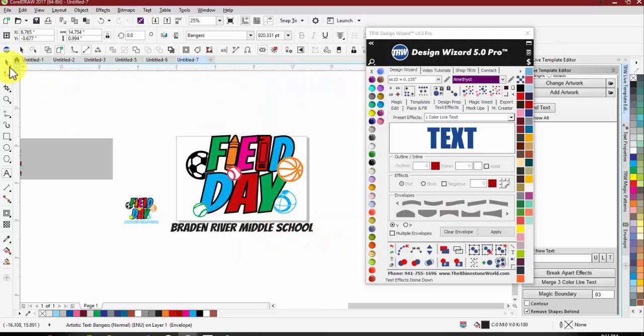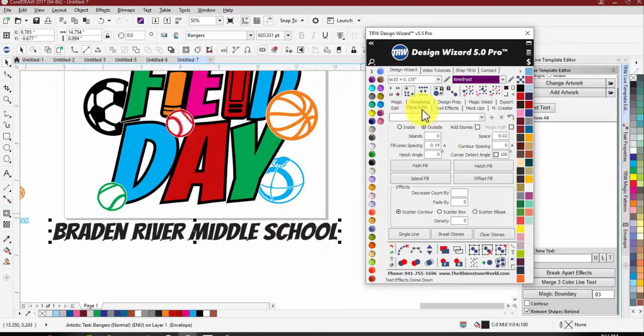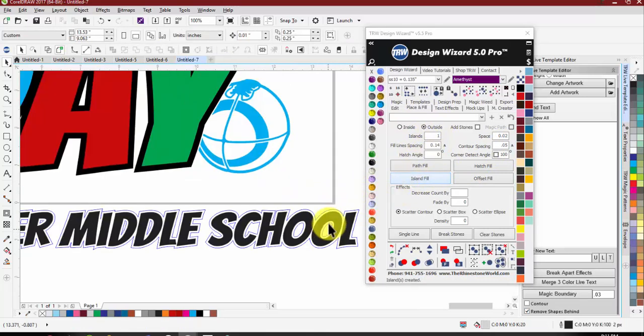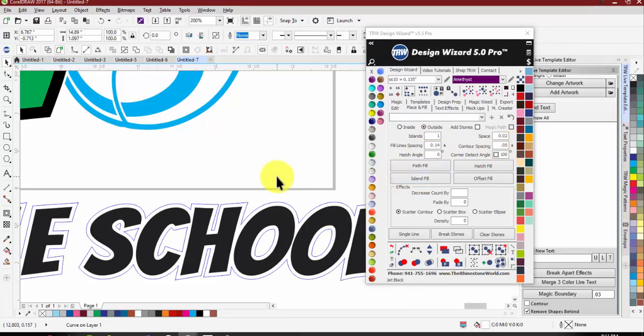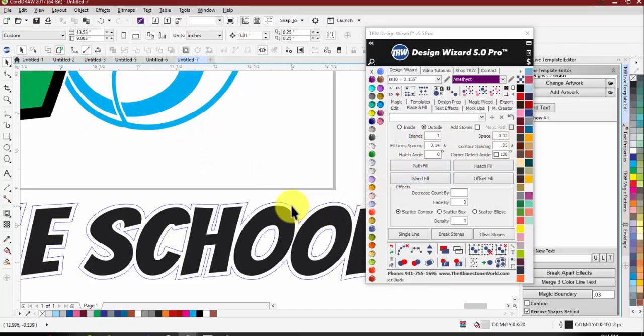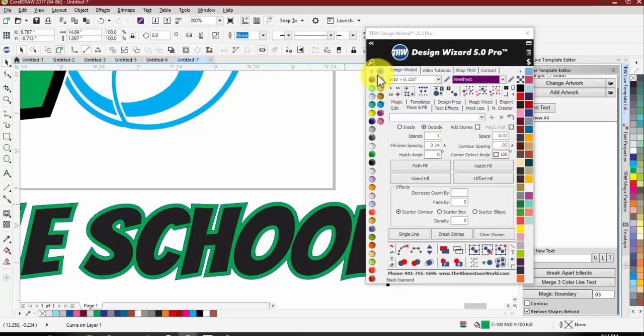And then if I need to, can add a little boundary here as well, just to kind of give it that two-color look. Make that green with a white